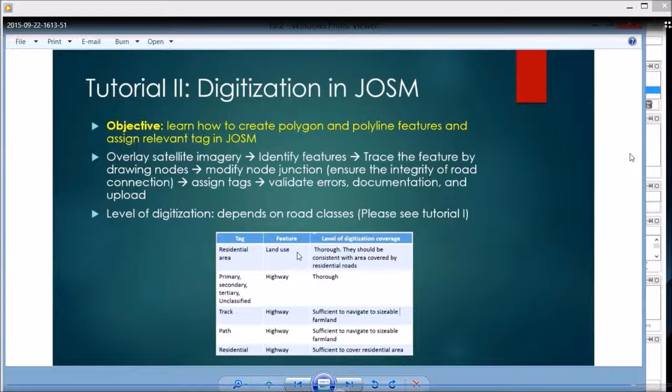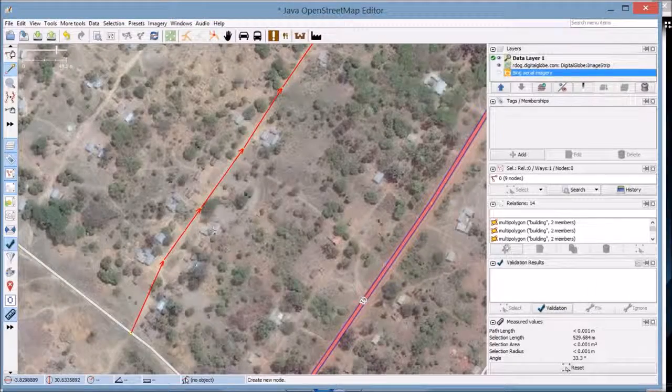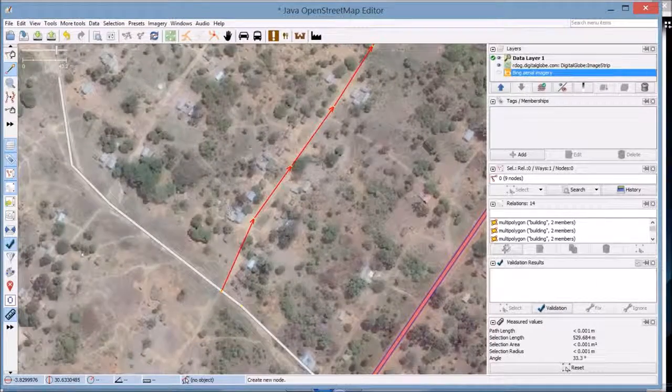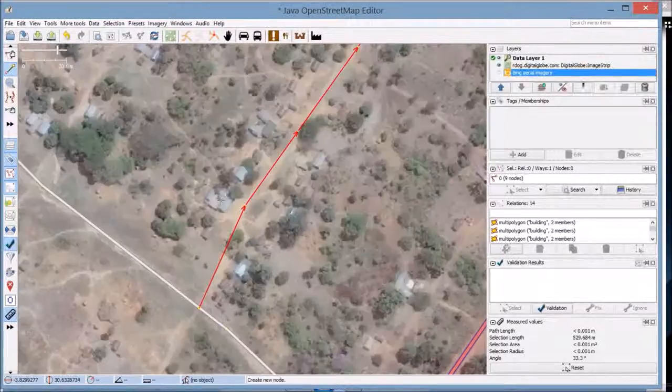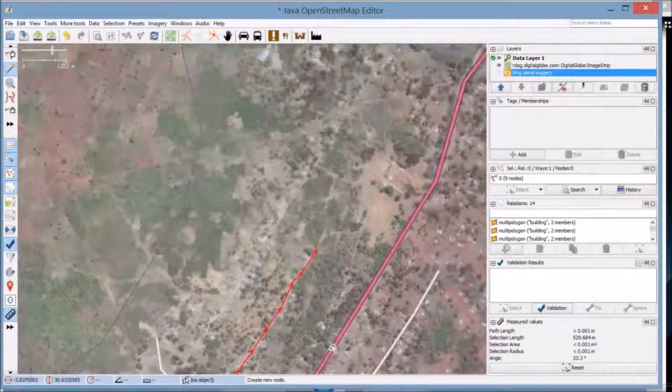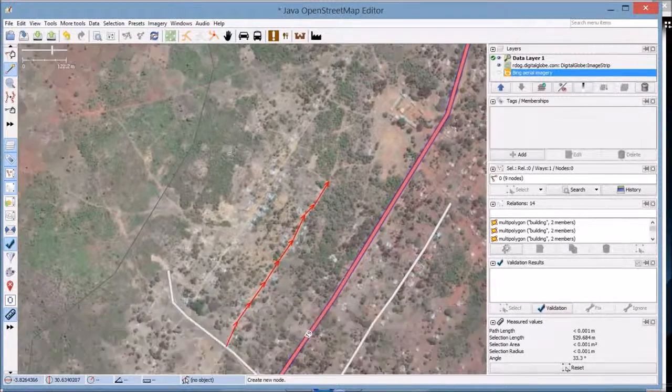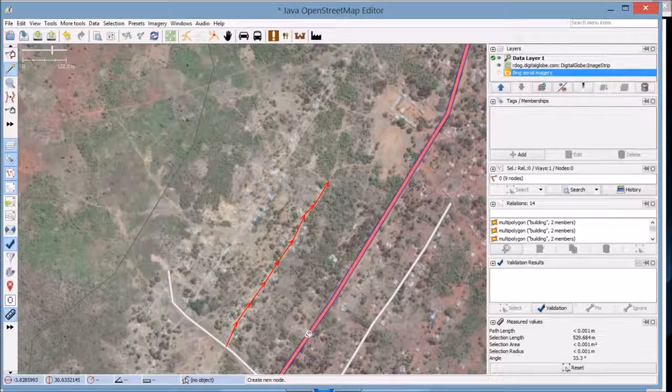so the next step is modify node junctions. And if we go back to the roads, you will see that for the line just created, I have actually already dealt with the road junction by plotting the nodes at the intersection between these two roads. But a lot of times your roads will cross several different existing roads, so that's something we have to watch out for, because if we don't create a common node between the apparently intersecting roads,